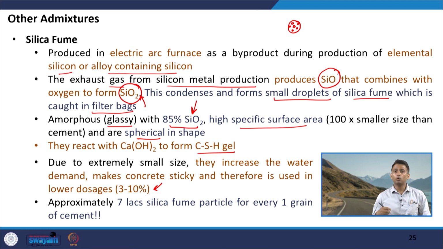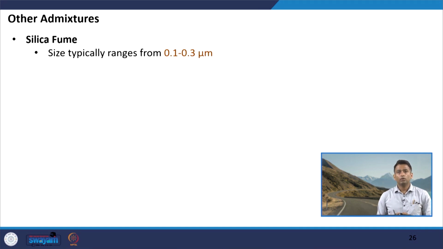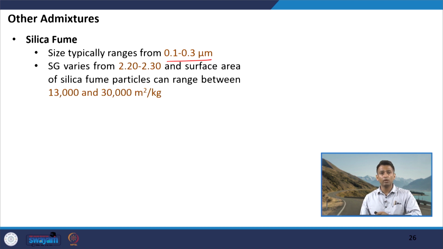Talking about the size again, just an interesting fact, in comparison to 1 grain of cement, you have about 7 lakh silica fume particles. So, you can imagine that that is a huge number. The size of the silica fume, as we have already discussed, is very small, about 0.1 to 0.3 micrometers. Its specific gravity usually varies from 2.2 to 2.30, and the surface area can range from 13,000 to 30,000